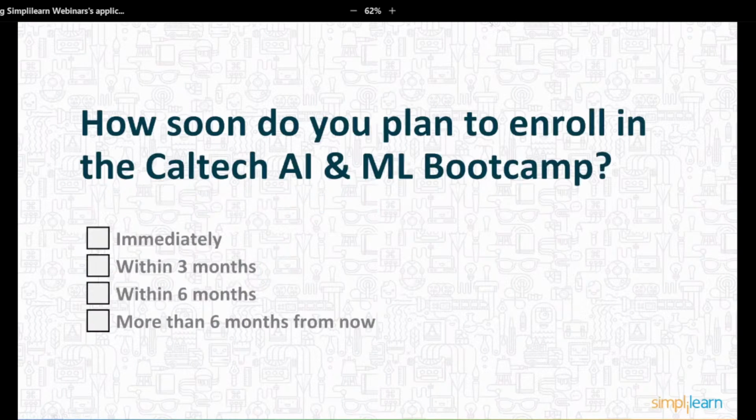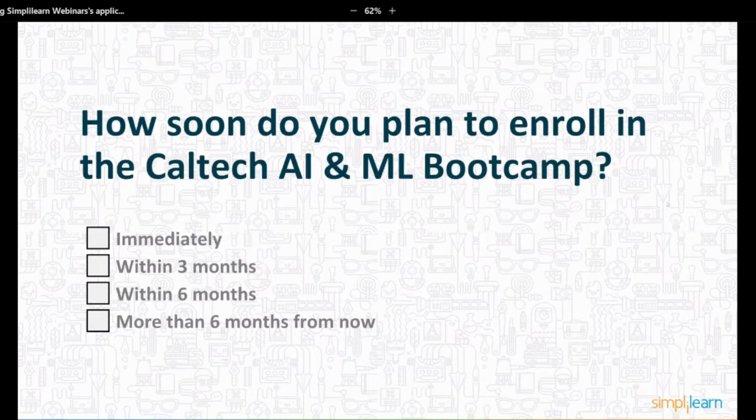So the last poll question. Now that you've heard the full story, and if you are interested in enrolling in the program, when would you like to do that? Something that you want to do for that October cohort? Something that you might want to do in the one after that? Or is it something that you look at more long-term? We always say that if this is something that's going to improve your life and your career, why not do it right away? So, sure.